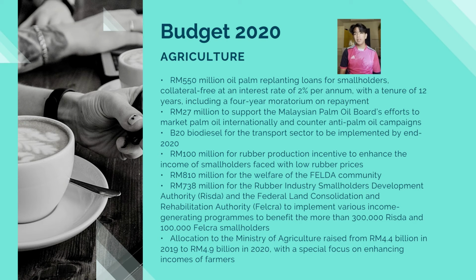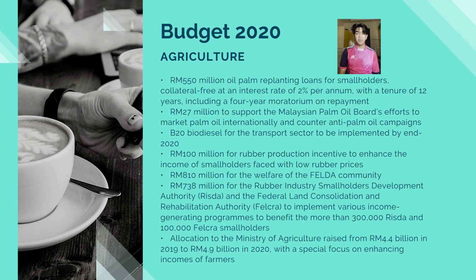Then B20 biodiesel for the transport sector is to be implemented by the end of 2020. Then again, 100 million has been spent for a rubber production incentive to enhance the income of smallholders faced with low rubber prices. The next one is